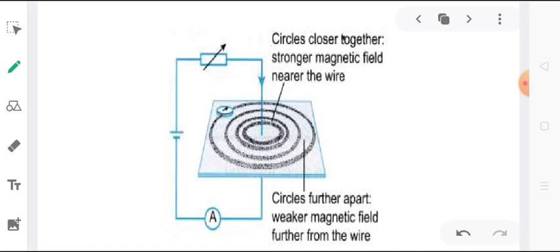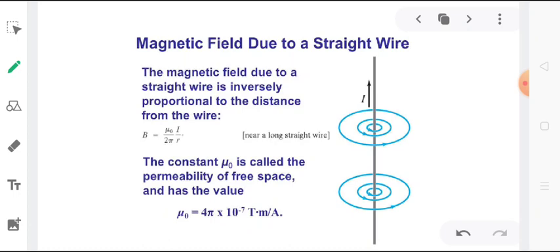And as we move away from the current carrying conductor, the circles will be further apart. This represents a weaker magnetic field. This means near the wire the strength of the field is more, and away from the wire the strength of the field is weak or less. So now